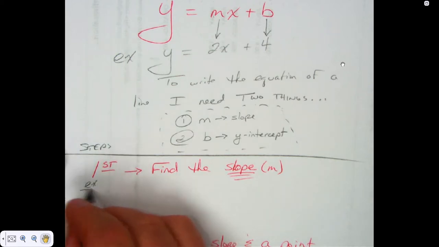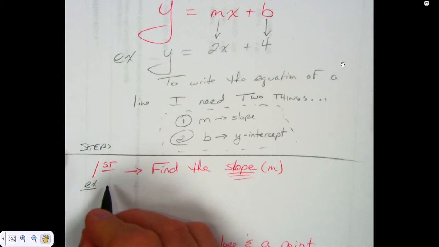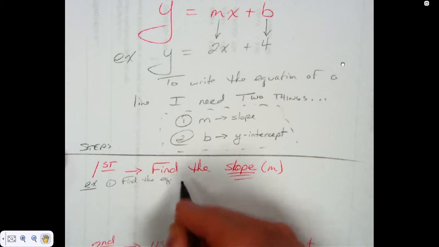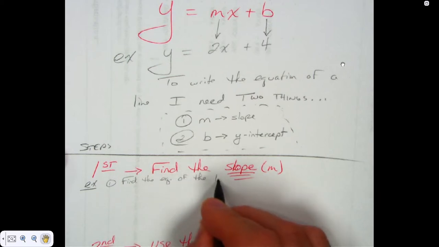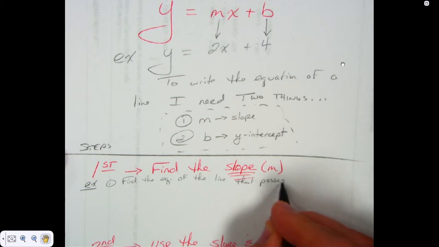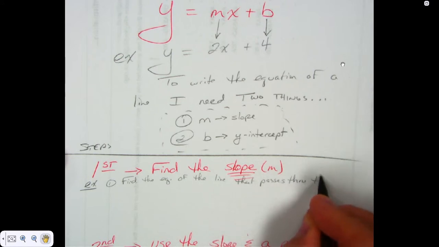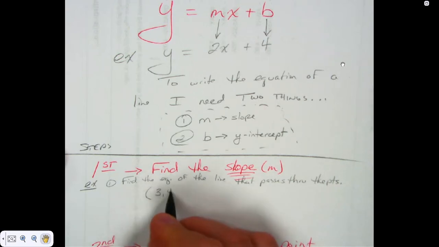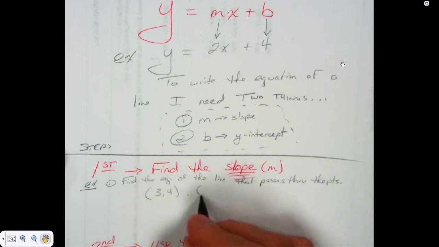We're going to do an example under this. Find the equation of the line that passes through the points (3, 4) and (5,